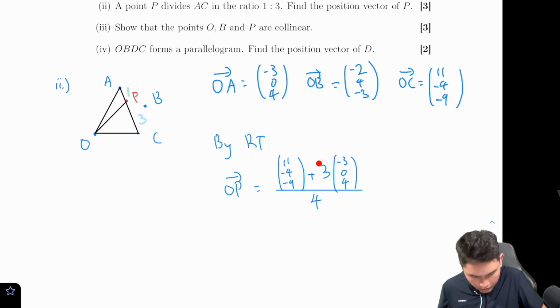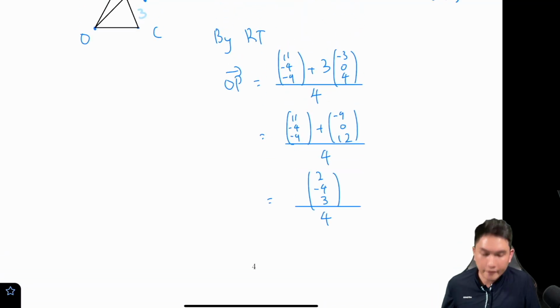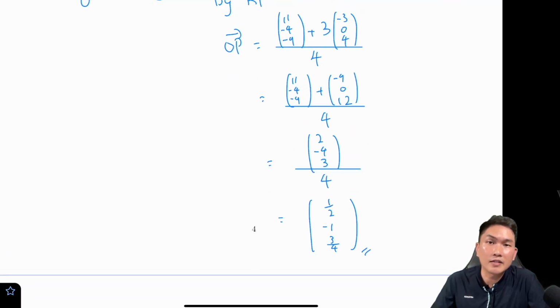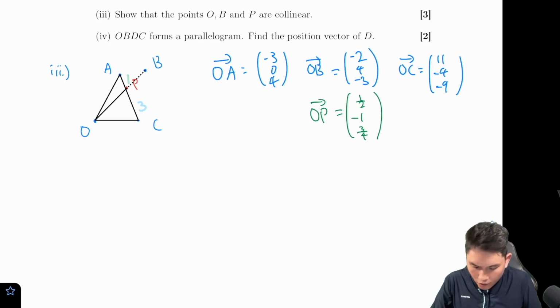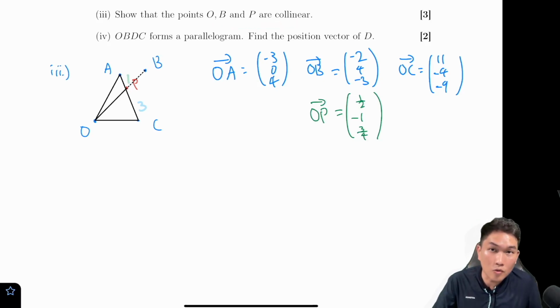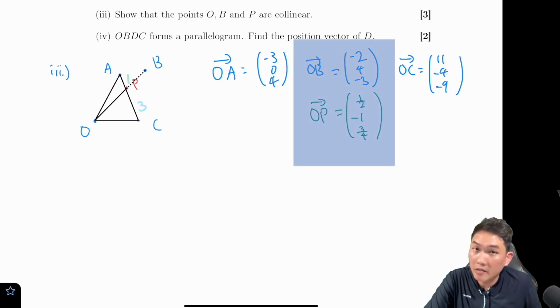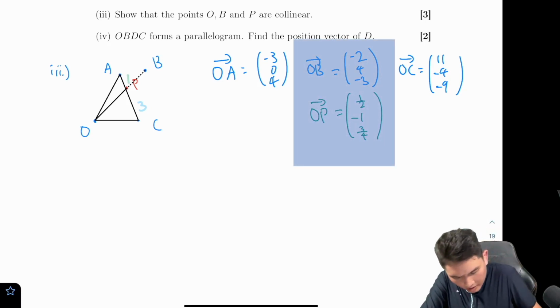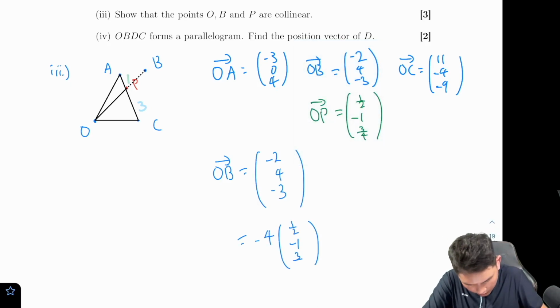So I need to do this multiplication first. Now I can add the vectors together. And then dividing by 4, that will give us the answer, half, negative 1, 3/4. And that's the answer for part 2. We need to prove that O, P, and B are collinear. So first of all, I need to show that the two displacement vectors are scalar multiples of each other. So maybe if we look at OB, if I were to factor out a negative 4 over here and 3/4,